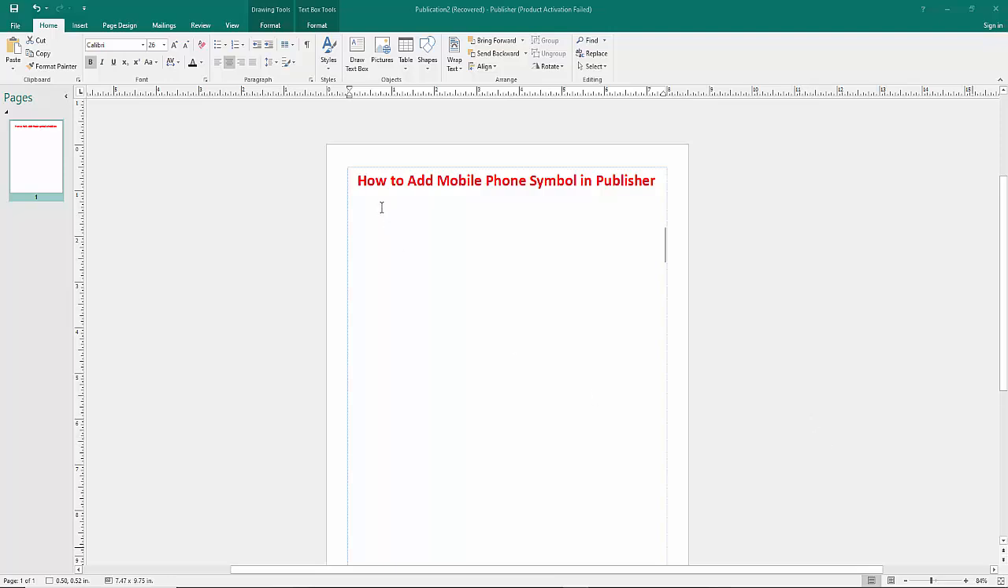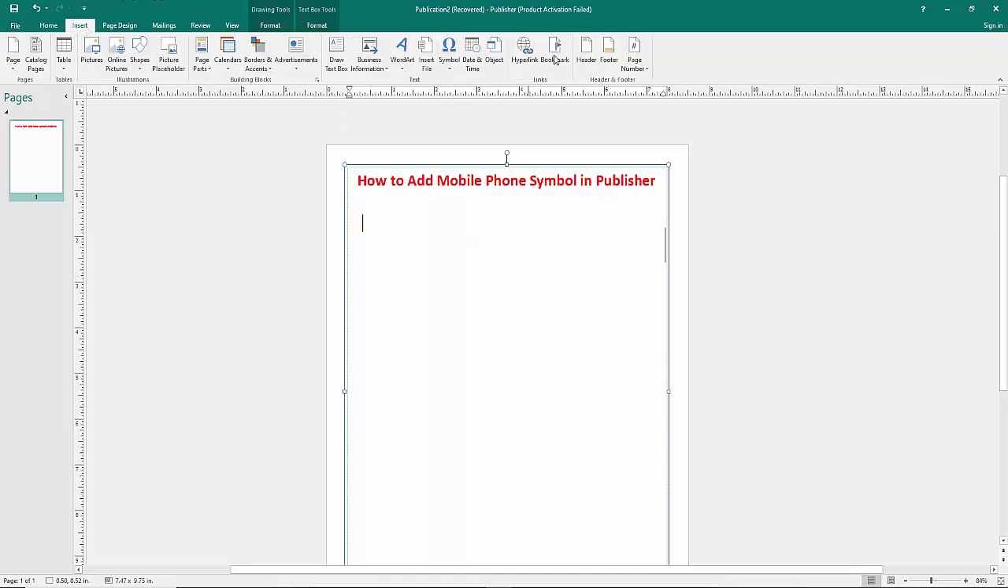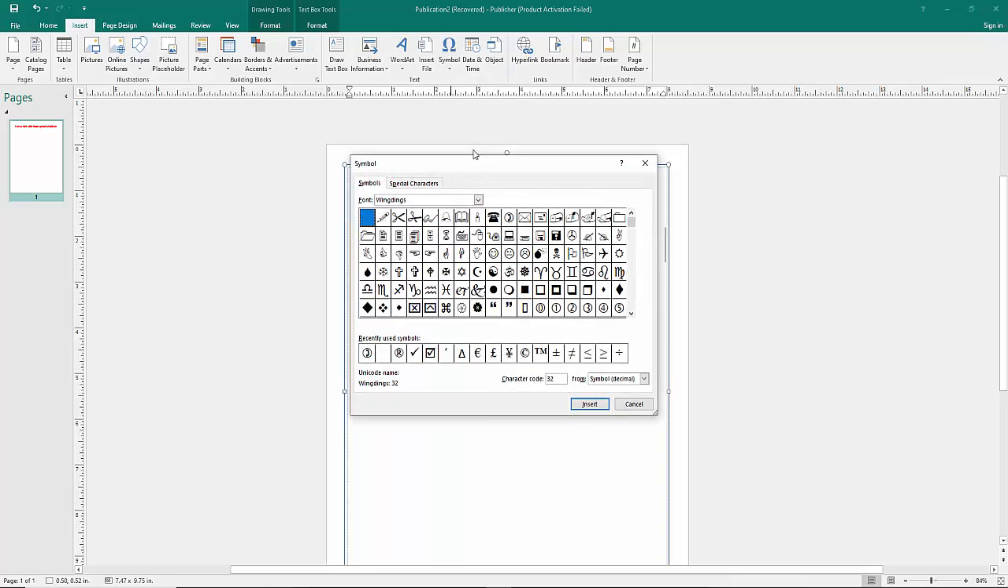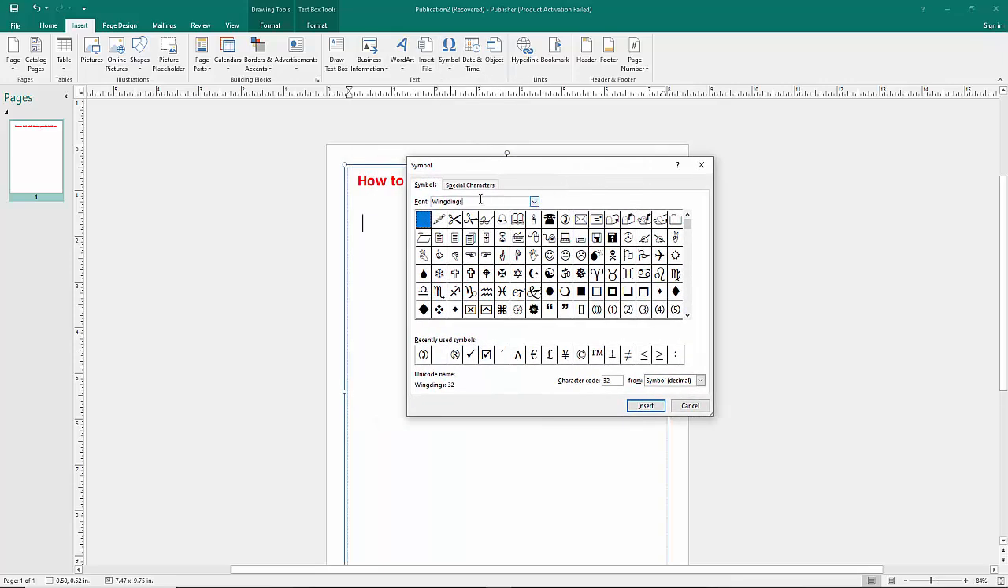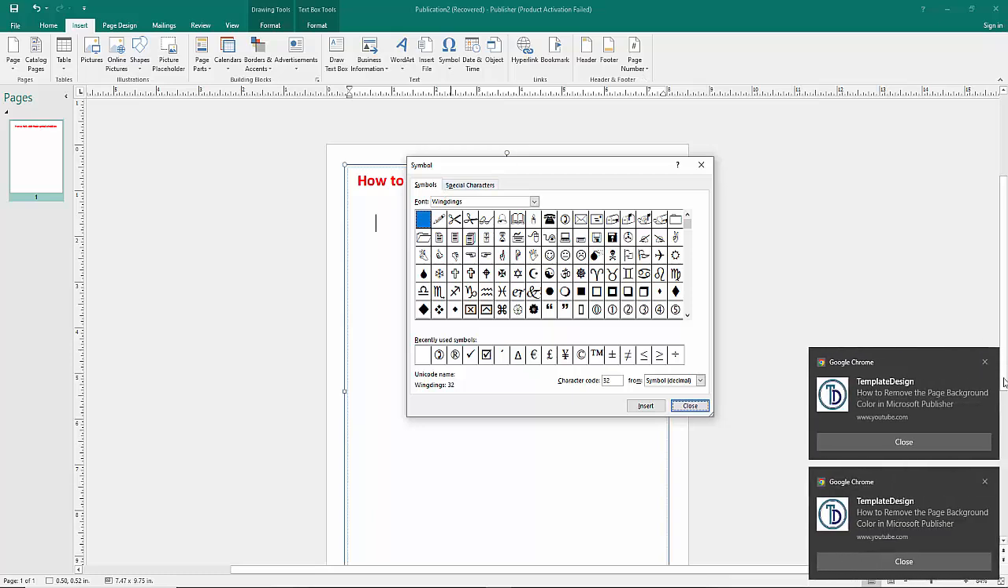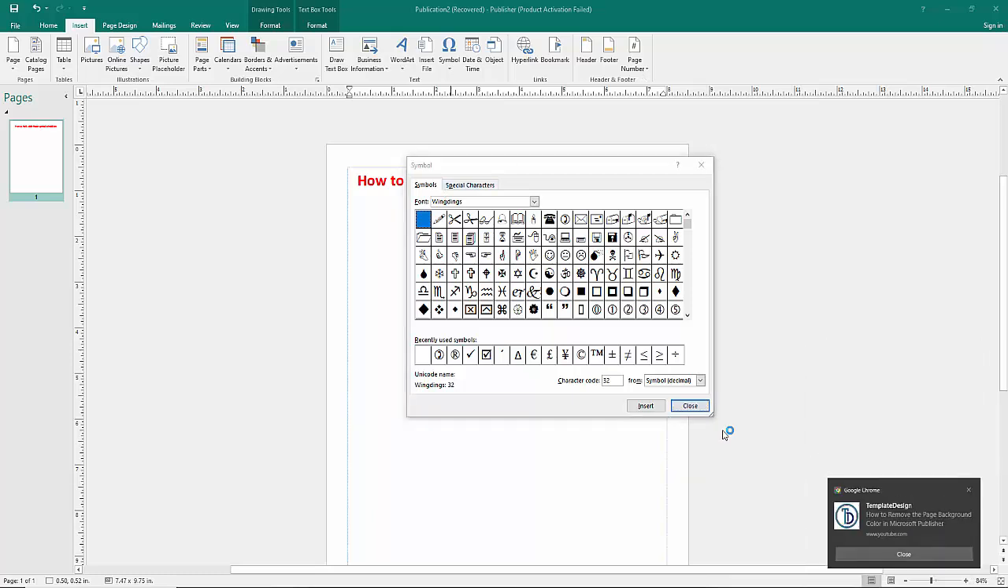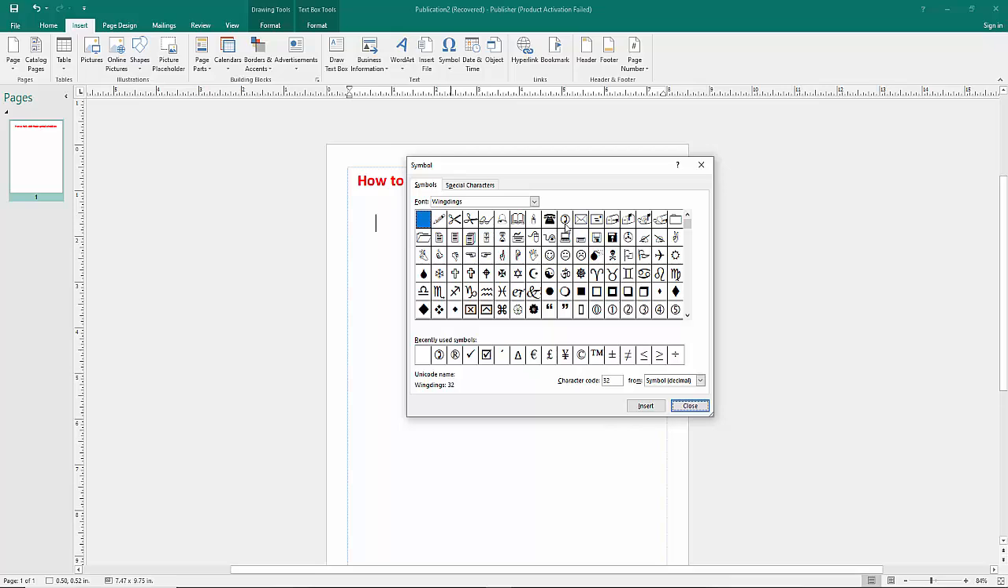Now go to the Insert menu option. Then click on the Symbol option. Now click on More Symbols. Then we can see the font box. Search for the font: now type Wingdings. Now press Enter. Now we can see, and then we show